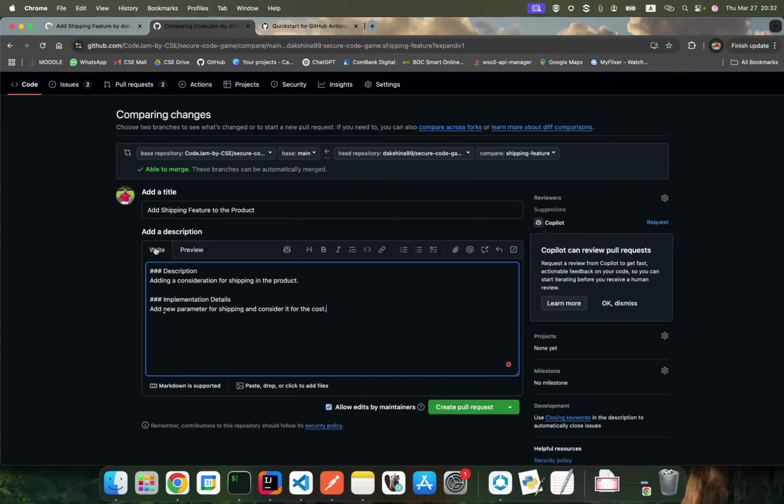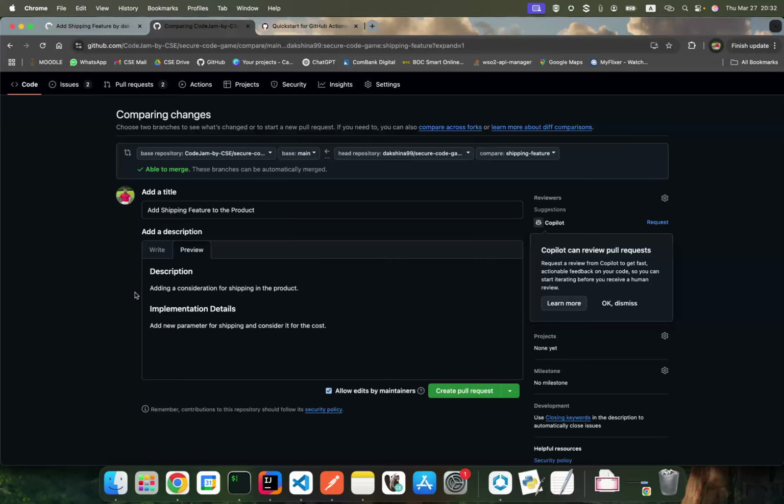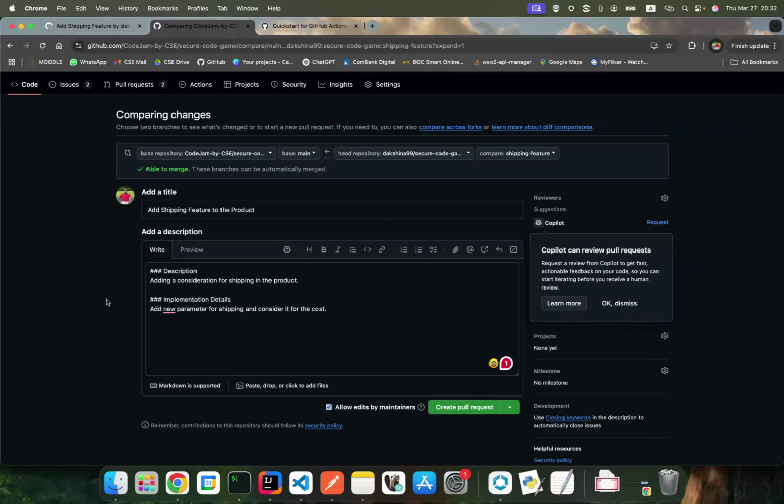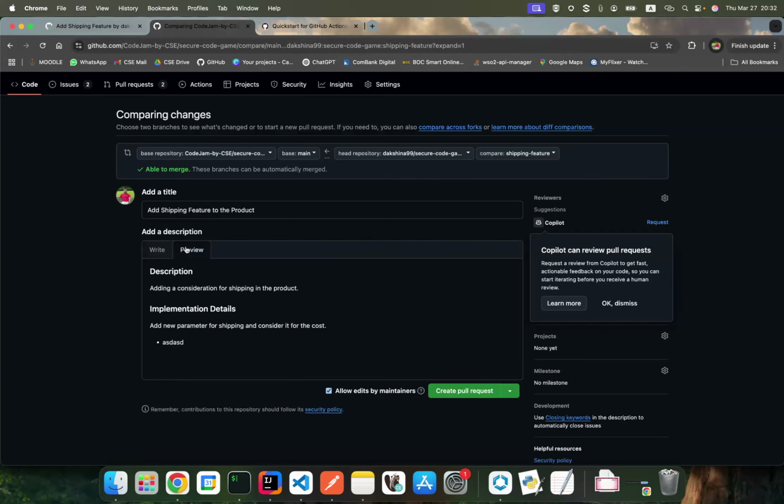When you are dealing with MD files, that means markdown, you have to follow this syntax. When you use hashes, you can make topics. When you want to add bullets, you can add dashes.